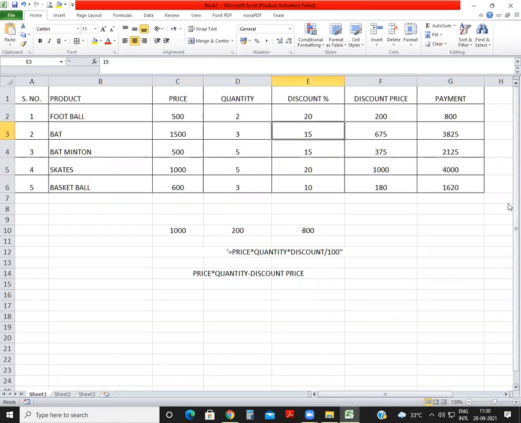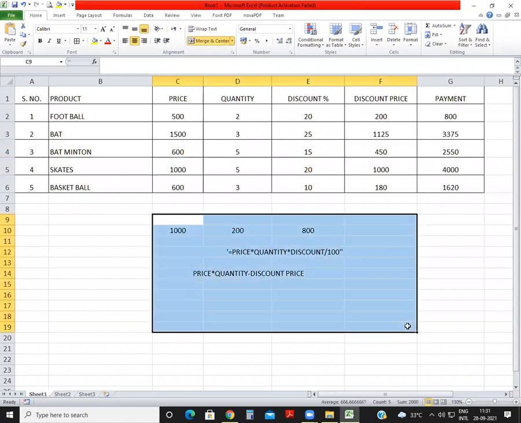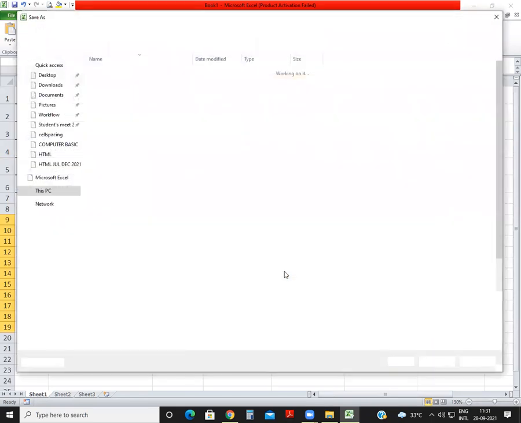Suppose discount is not 50%, suppose discount is 25%, तो ये भी calculate हो जाएगा, because we are not writing the value, we are clicking on the cells. जब हमने type किया formula, while we are going to type the formula, we are just selecting the cells. तो यहाँ पे क्या है, name of the cell, not the value. Okay, so that's why the formula depends on the cell, not on the value. Whatever you write here in these cells, automatically सबका change होगा. Suppose the price of badminton is not 500, suppose it's 600, देखो ये change हो गया. So this Excel is used for formulas.